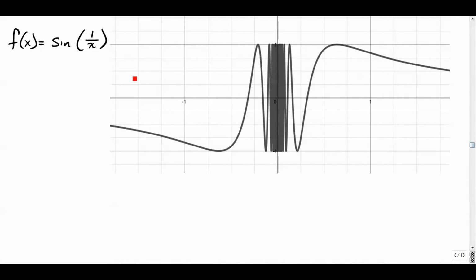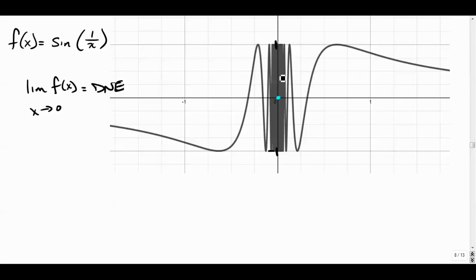This one's a sine curve that has an oscillation in the middle, and this one is really, really crazy. If we were to zoom in on this, you would see that the graph just bounces back and forth between positive 1 and negative 1 really, really wildly as it approaches the origin. And something like this, if I were to ask you the limit as x approaches 0, this would not exist,